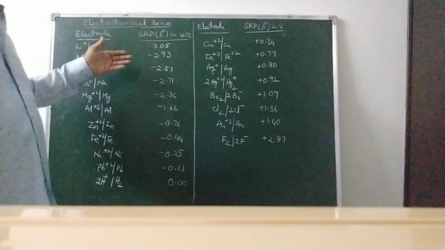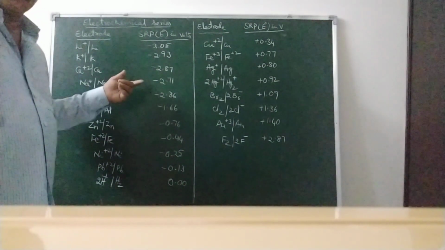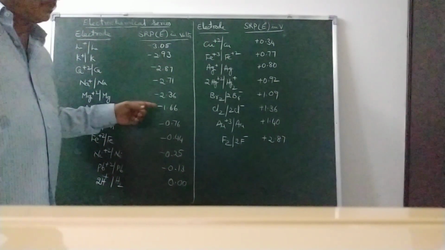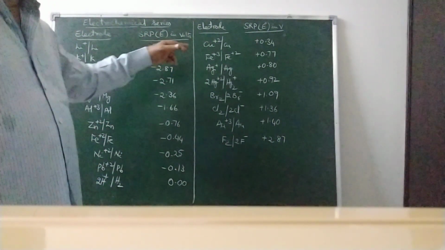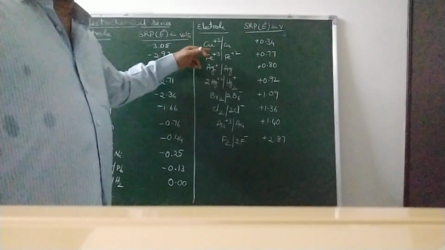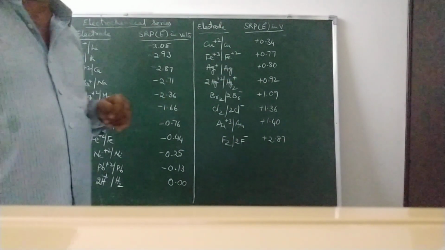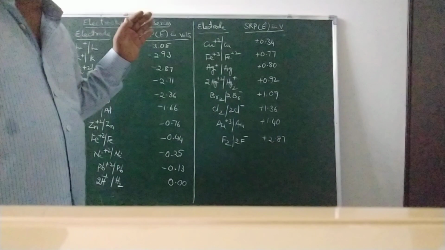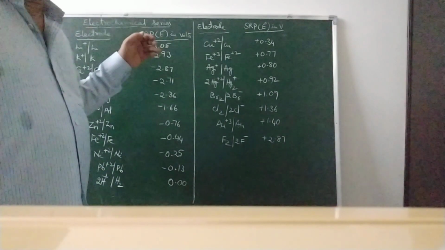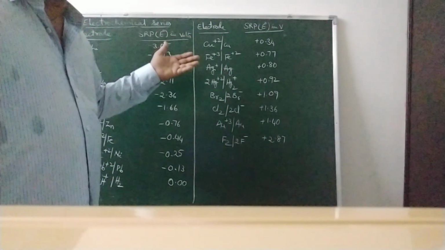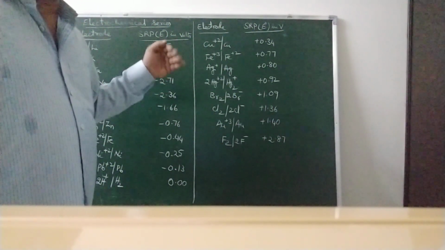So, a higher negative SRP electrode reduces the electrode with lower negative SRP or positive SRP. Similarly, the electrode with lower positive SRP can reduce the electrode with higher positive SRP. This is another important point. So, if we remember the electrochemical series, then we can give a lot of information in chemistry. Another one: which one is the oxidizing agent and which one is the reducing agent.